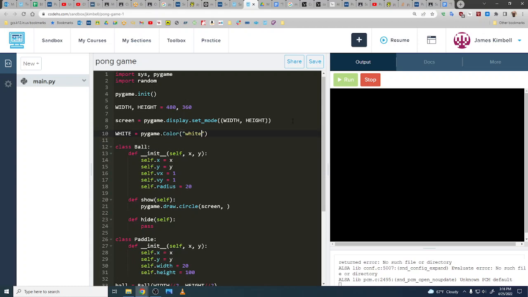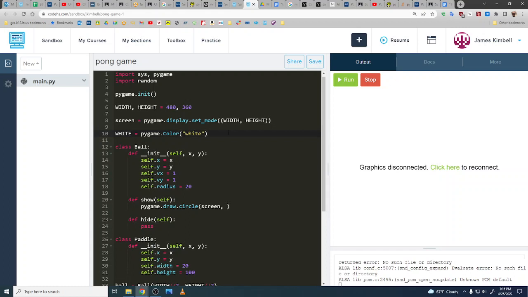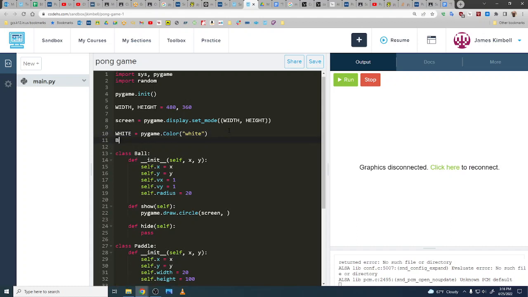Pygame.color.white. It has presets, like we could do the RGB, the 0 to 255 on the red, green, and blue, but Pygame has some presets, and we'll just go ahead and use it. And I'm going to say black. So this guy is white,